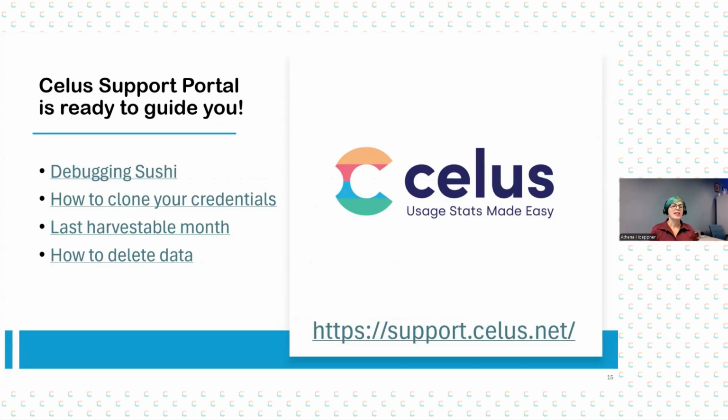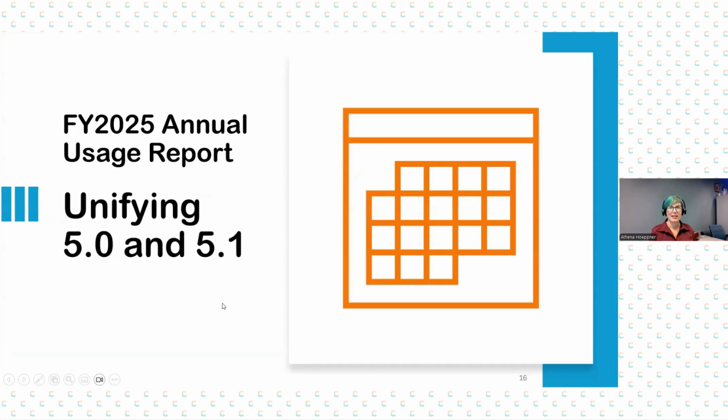This guides you through some of these steps that I just said you could do, including debugging your SUSHI, how to clone your credentials, last harvestable month, and how to delete data. Very useful stuff. All right, so let's launch into what I did when I first went to use the data